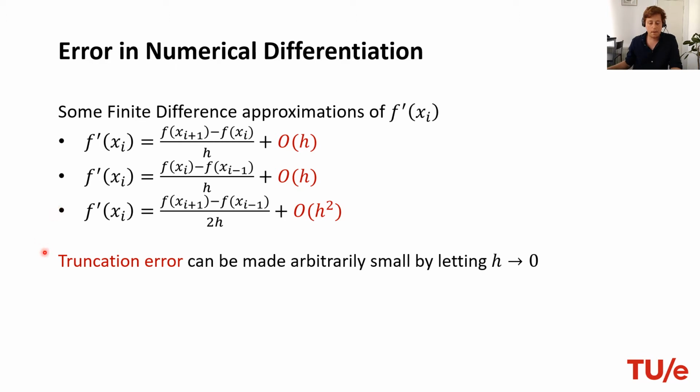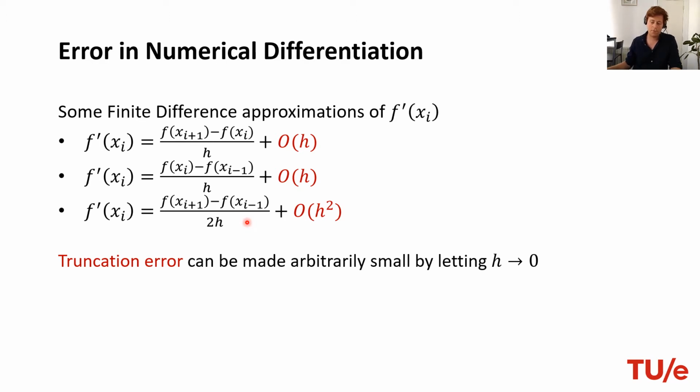Now, you might rightfully think that the truncation error can be made arbitrarily small by letting h go to 0. So in that sense, I can simply choose h to be as small as I want. And then these terms will simply go away. Now, the truth is that the truncation error will reduce indeed when h goes to 0, but that is not